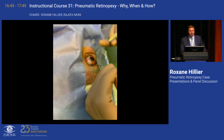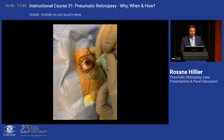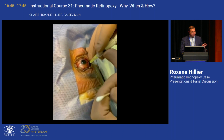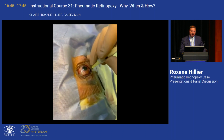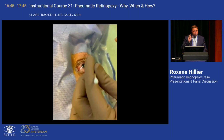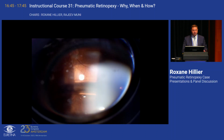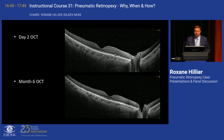And then I mark 4 millimeters from the limbus, and I eject 0.6 of SF6 superotemporally. As you see, the eye is quite soft, and I insert and then I withdraw, so only the tiny tip of the needle is in the eye, so I can achieve one single bubble. This is first day through my 28 diopters indirect ophthalmoscope. The bubble is unique, one bubble, and this is 2 days, so you can see some